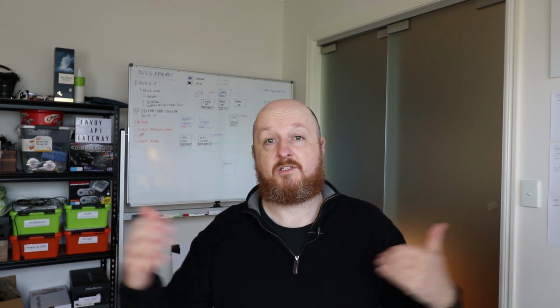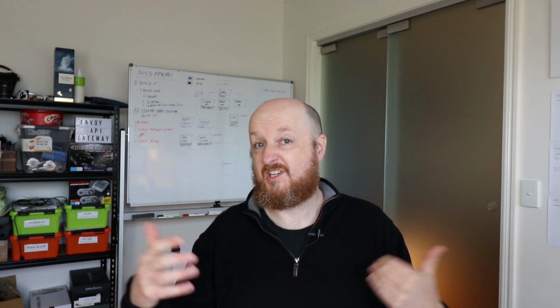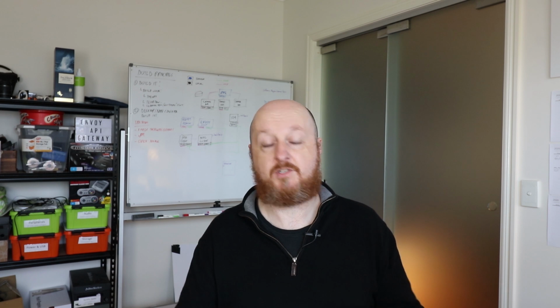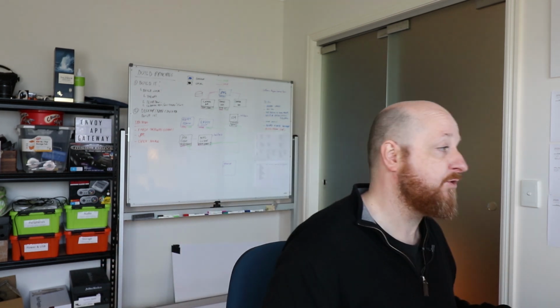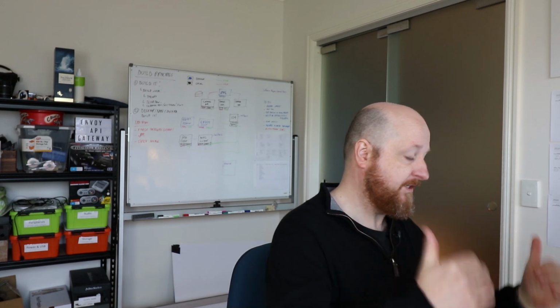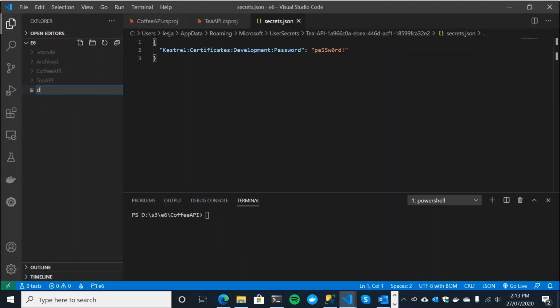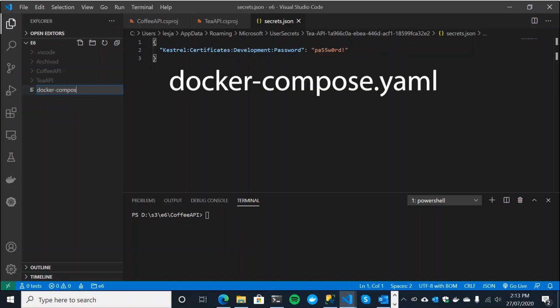With Docker Compose, we basically just specify our services, and we'll have 3 services. We'll have both our APIs, and then we'll have our Envoy API gateway service that we'll specify in our Docker Compose file as well. But we'll come on to that a bit later. Let's just get our APIs up and running. So Docker Compose YAML, it's a YAML file.